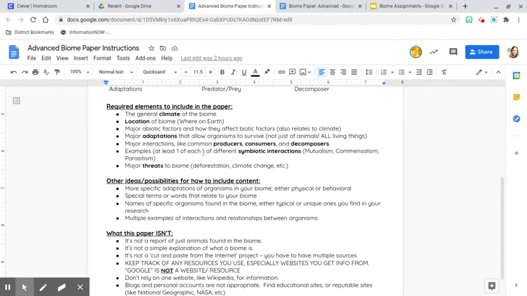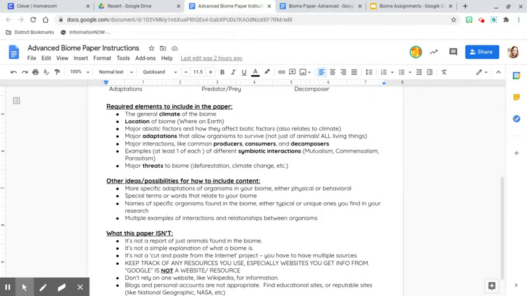Examples, at least one of each of the different symbiotic relationships. Okay, we've already talked about what mutualism, commensalism, and parasitism are. Make sure you add some examples of that in your paper from your biome. Major threats to the biome, so